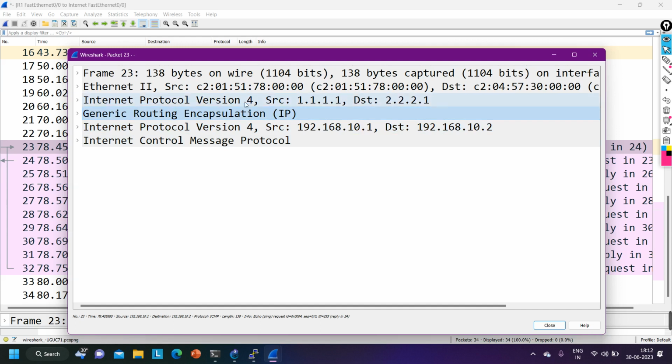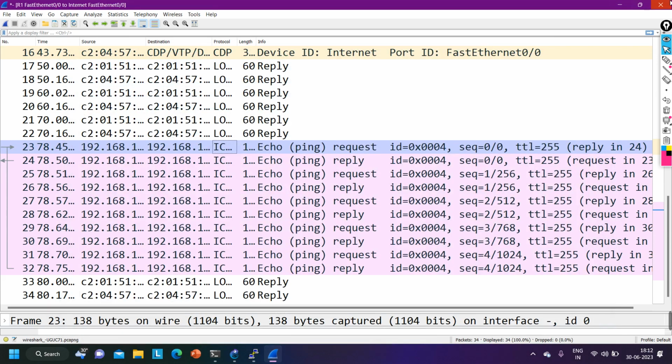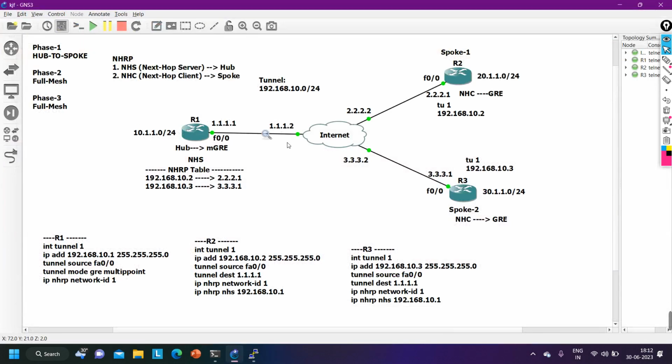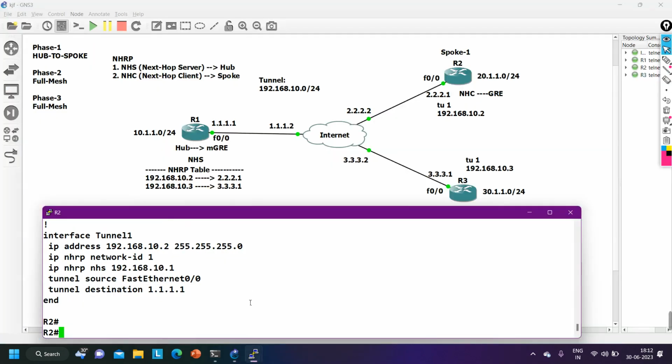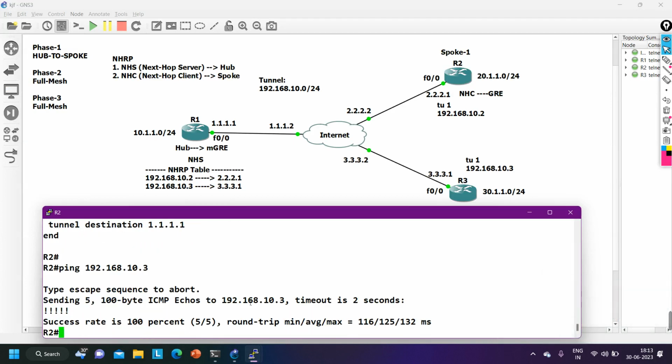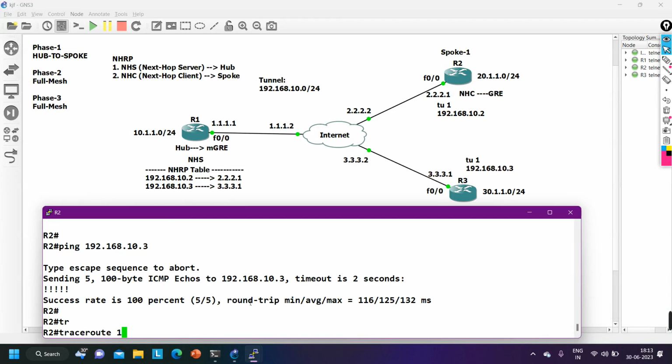After that, the GRE header, and then the outer IP header. Source is 1.1.1.1, destination is 2.2.2.1. So it has the information, yes or no? Now, a very important thing: router 2. Does router 2 have the NBMA address of 192.168.10.1, right? Means router 2 can ping 192.168.10.1. Can router 2 ping router 3's tunnel IP address 192.168.10.3? Yes, it is able to ping and traceroute